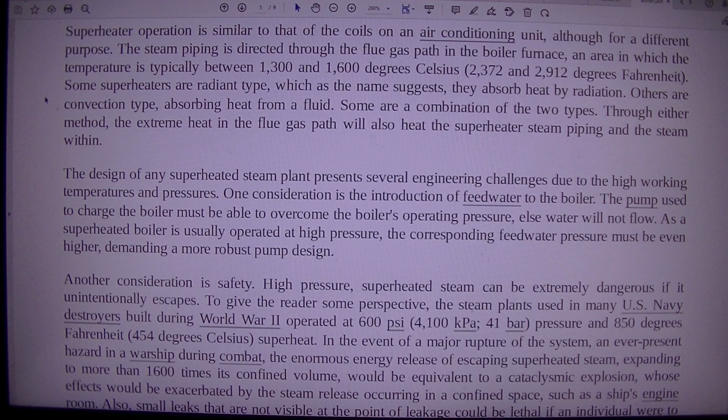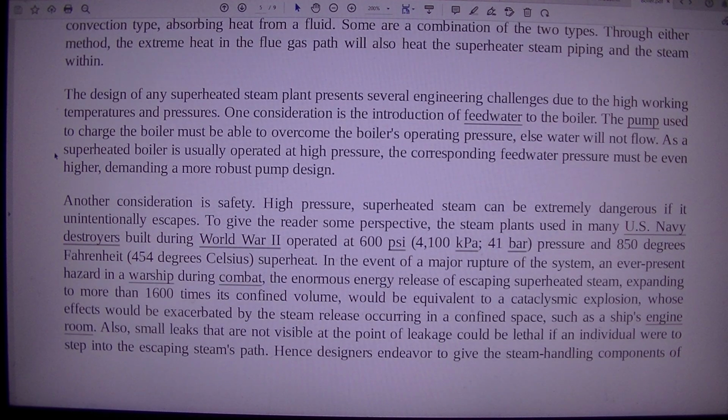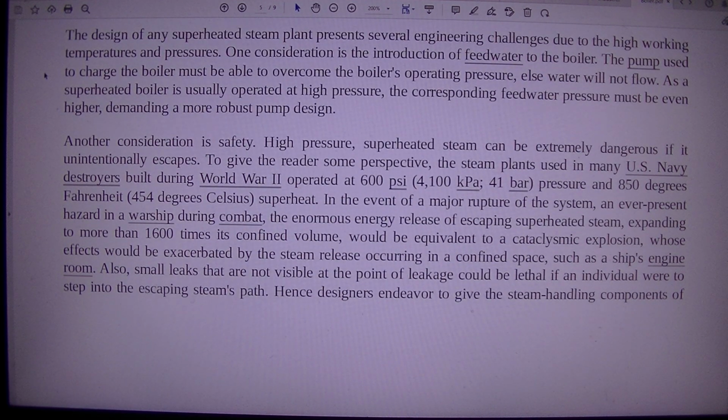Others are convection type, absorbing heat from a fluid. Some are a combination of the two types. Through either method, the extreme heat in the flue gas path will also heat the superheater steam piping and the steam within. The design of any superheated steam plant presents several engineering challenges due to the high working temperatures and pressures. One consideration is the introduction of feed water to the boiler. The pump used to charge the boiler must be able to overcome the boiler's operating pressure, else water will not flow. As a superheated boiler is usually operated at high pressure,